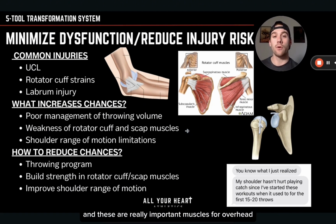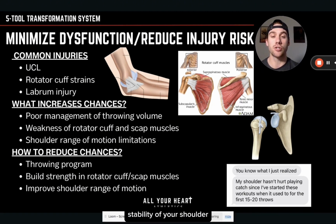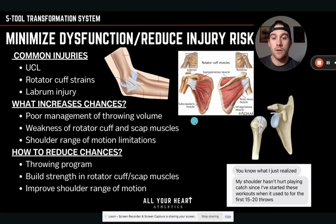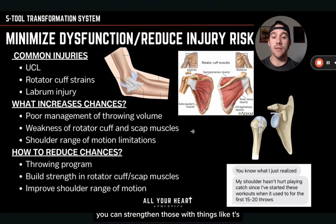And these are really important muscles for overhead stability of your shoulder. So if these muscles are weak, then you're going to have less stability and more chance of getting injured. If your rotator cuff is weak, then you can strengthen it with exercises like internal and external rotations or Y raises. And then if your scap muscles are weak, you can strengthen those with things like T's, Y's, and also